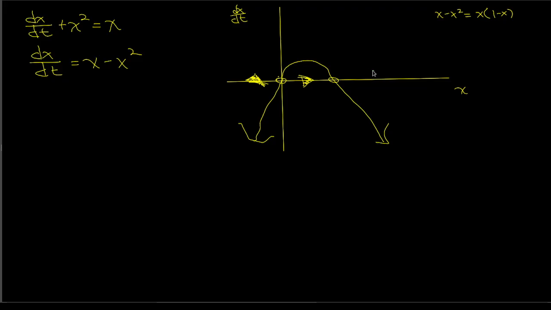And this is a negative change. That's going to want to cause x to move to the left. Which means this is an unstable critical point. See, we have an unstable critical point and a stable critical point. Which means if we continue and look at a graph of x versus t,